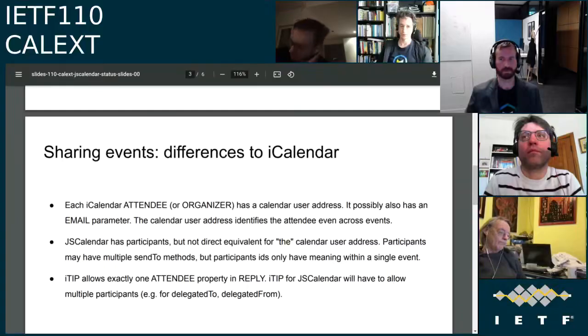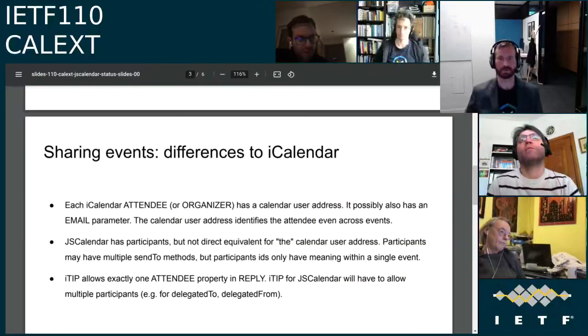Right, and we also need to define that using JS Calendar with ITIP, one is not allowed to change the send to of the participant who is replying. Well, if they're sending back JS Calendar, they could, but I think saying ITIP with JS Calendar is too broad a thing.